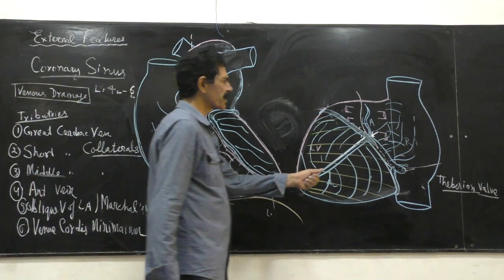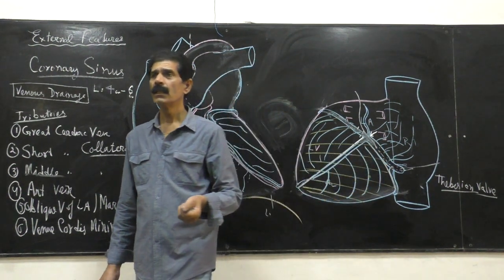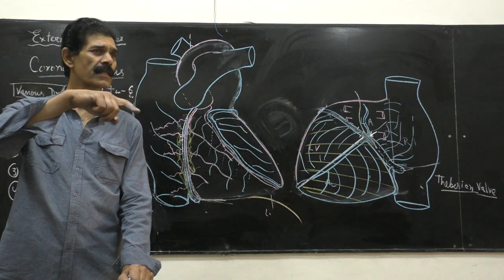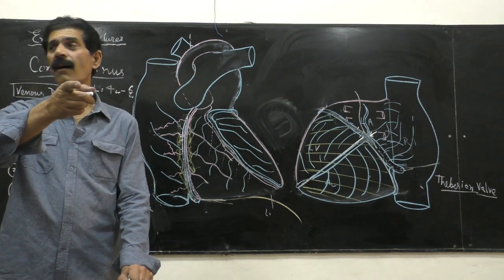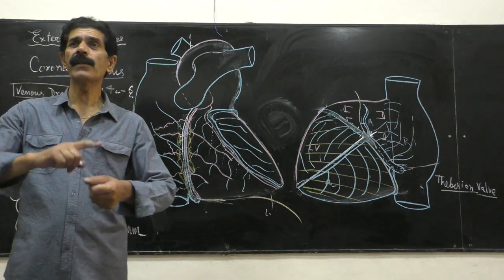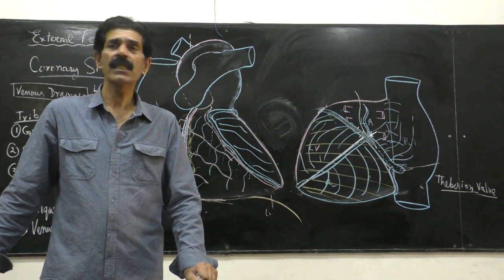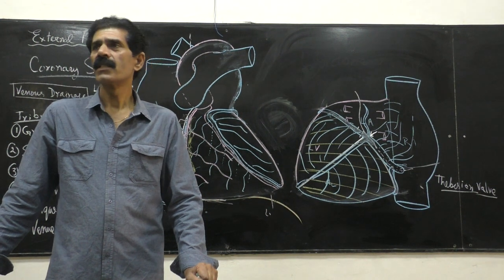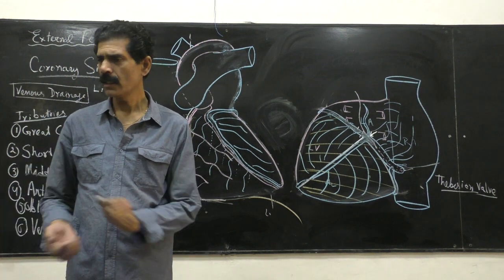Nowadays, experimentally, we are working on how we can push the stent from the right atrium to the coronary sinus and then to the collaterals, and from the collaterals to the large branches of the right and the left coronary artery. They call it retrograde stenting or retrograde perfusion. So research is still going on, and in some countries it is successful in the survival of post-myocardial patients. That's all about the coronary sinus.